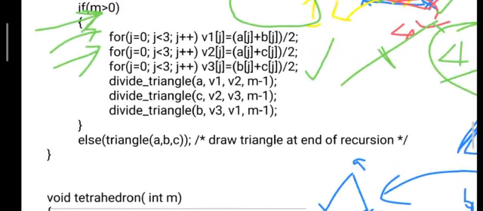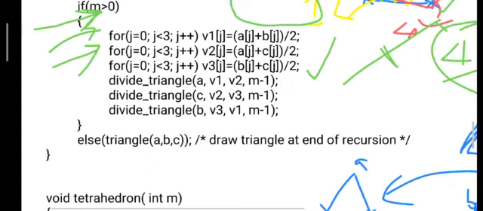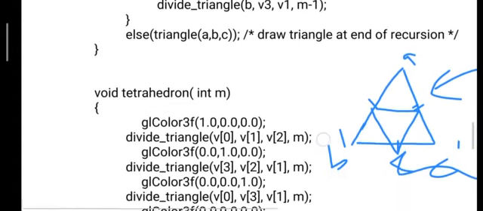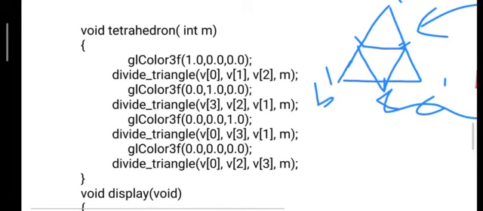Fine. If the value of n is 0, meaning the number of subdivisions is not mentioned or is marked as 0, then just draw a triangle. You are not interested in dividing the edges, that indicates. Otherwise, it simply draws a triangle with the 3 points A, B, C. This is the definition of the tetrahedron.